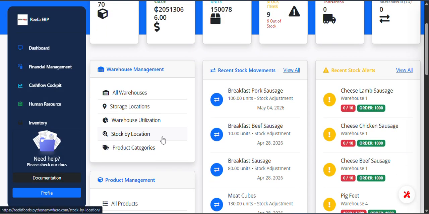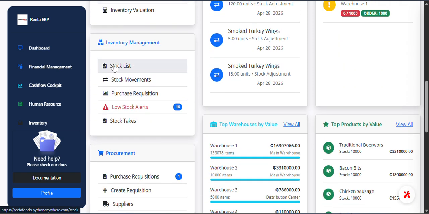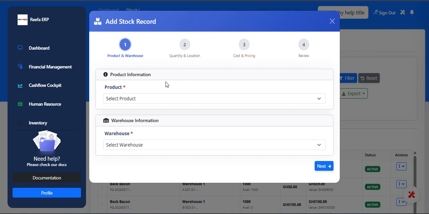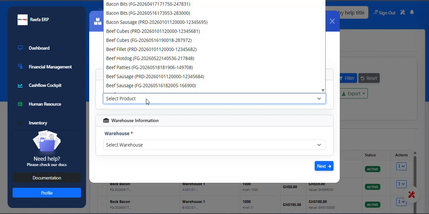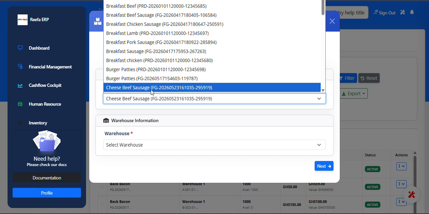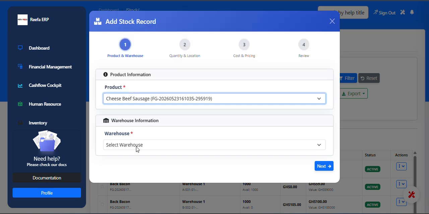and then scroll down and you see stock list. So you click on stock list and then you click on add stock. So from here you select the product. As you click on this, you can type. The first product that we added was the cheese beef sausage, and this is it here. Beef sausage. So I'll click on it, and